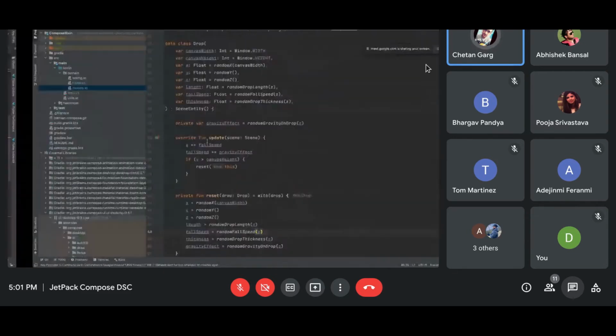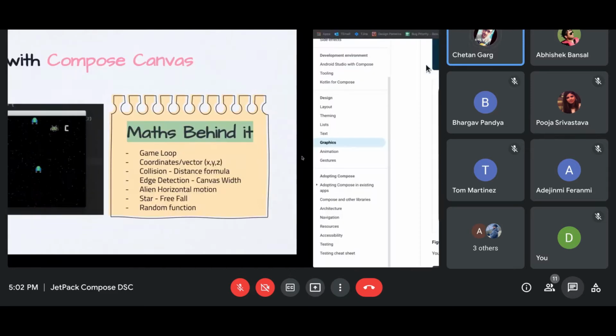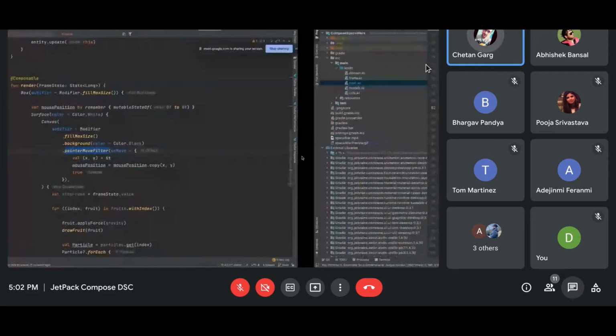I have explained how you can create the same games: you can detect collision using distance, you can give x and y values to the coordinates, and you can just randomly add some value and the motion will happen. Now I haven't explained one thing which is very important, which is the game loop. This game loop is enabling me to render these motions into the canvas, and that is really quite simple.